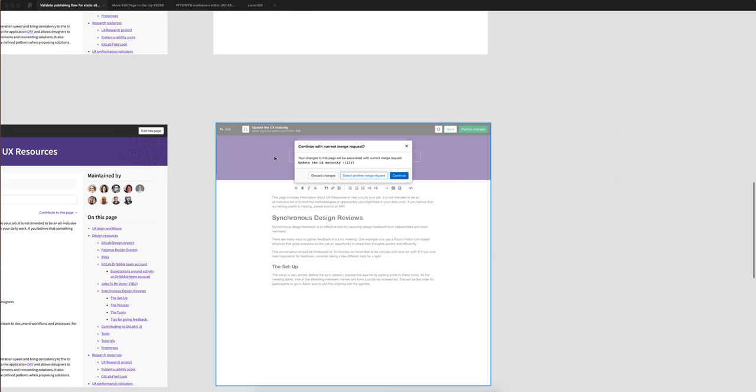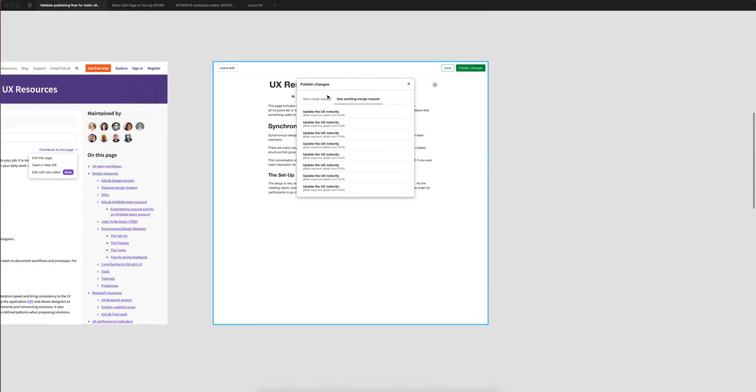And when it goes into edit mode, it assumes that you will work with the current last merge request that you have selected, and continue with current merge request, continue, or if you click on select another merge request, it will pop up this modal that we've seen before, where you can either choose an existing merge request or click new merge request, and you could populate